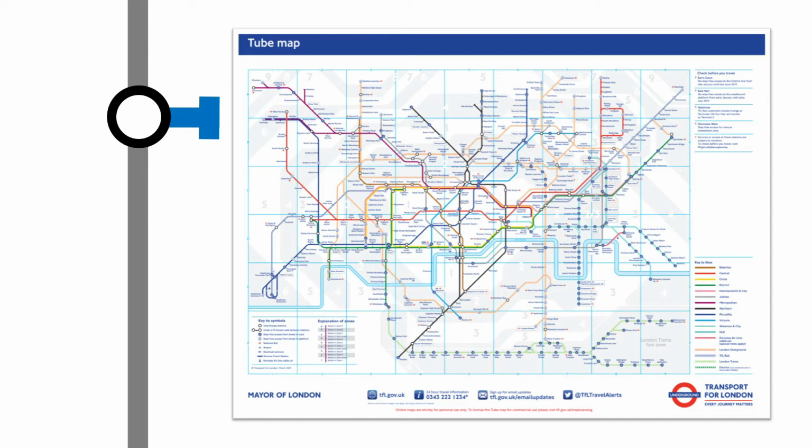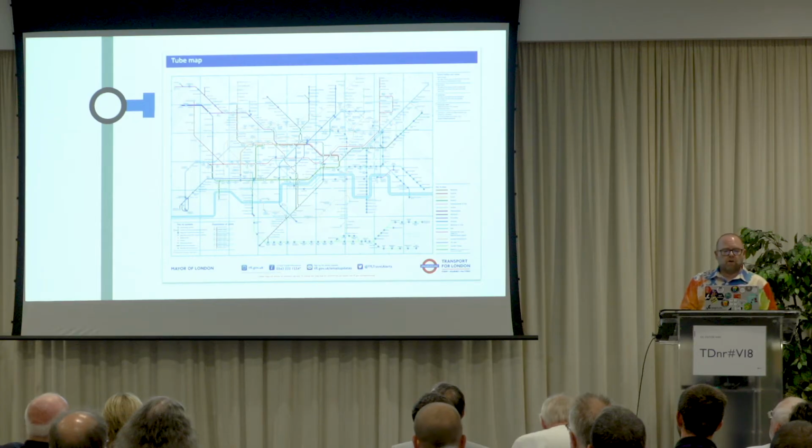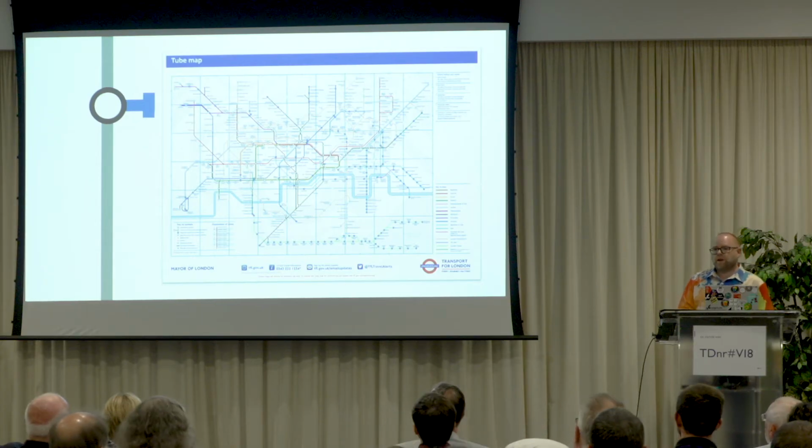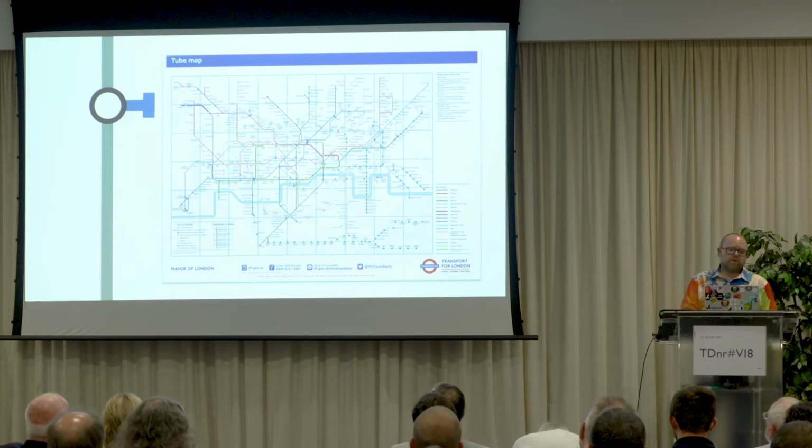And in our view, it's lost its way. It's full of clutter. There's a lot on there that I don't think needs to be on there. There's a lot of information there that could be better presented in a list and not necessarily on this very small fold-out map. So in summary, it was about time somebody tried to break with some of this tradition and see what could be done.